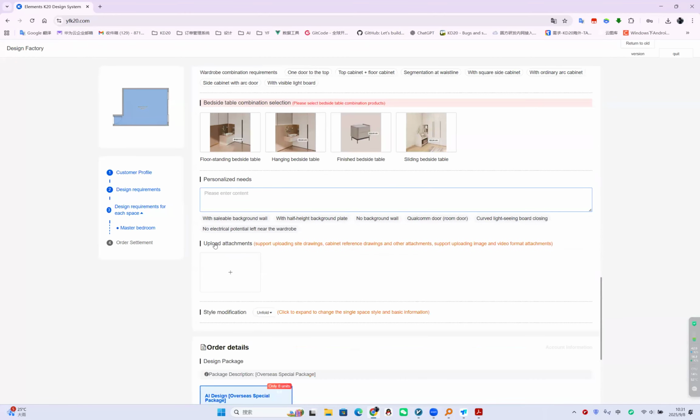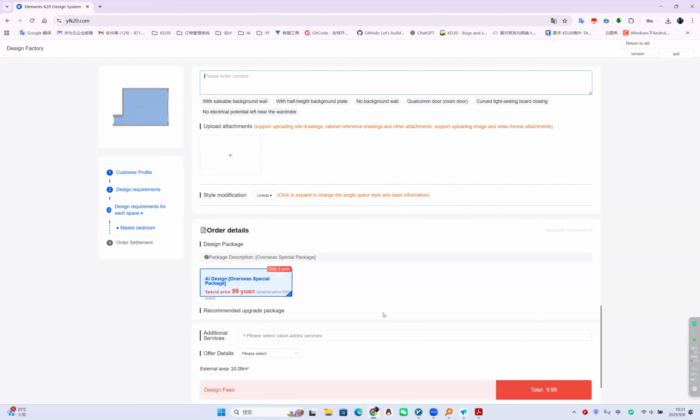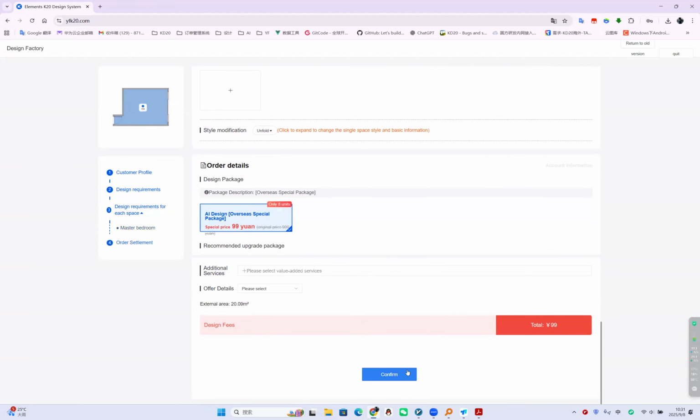Okay, and then we need to upload the forehand achievements attachments, and then need to upload the safety drawings and the measurement pictures in here. Okay, and after uploads, we just click the confirm,